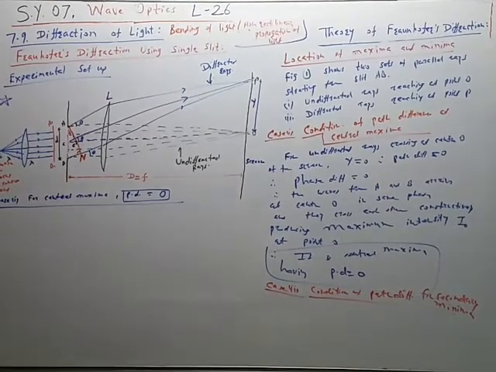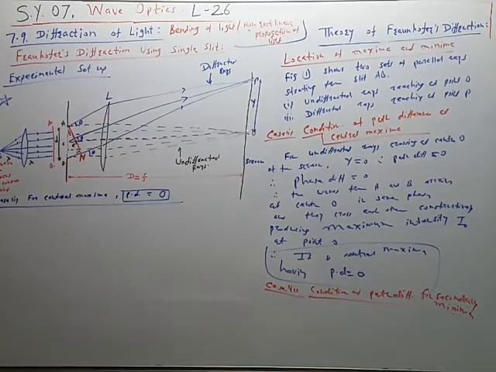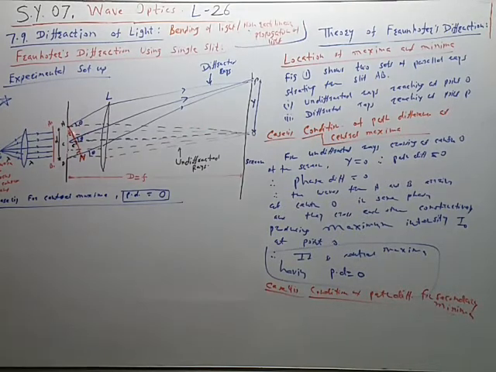Now, last time we have seen only one part of this article, location of maxima and minima. Where we observe the central maxima, maximum intensity, it is denoted by I0, that we have proved here. See in this figure, the rays which are not diffracted, shown by this black dotted line. Rays from A to O and rays from B to O cover equal distance, and therefore all the rays on the portion AC and BC have path difference 0, because when point P coincides with point O, Y becomes 0.